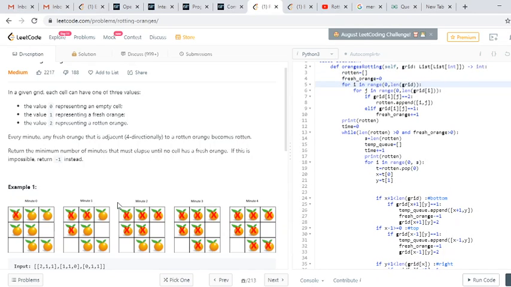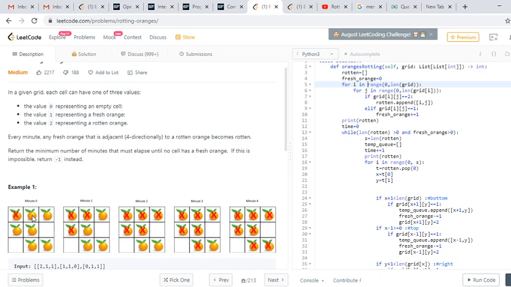So actually, what I'm doing here is first I will check which are the places where I am getting these rotten oranges. I will mark the left side, right side, upside and downside.